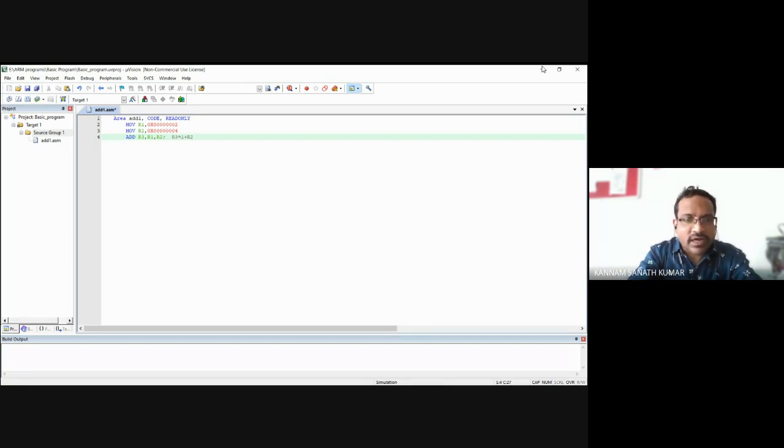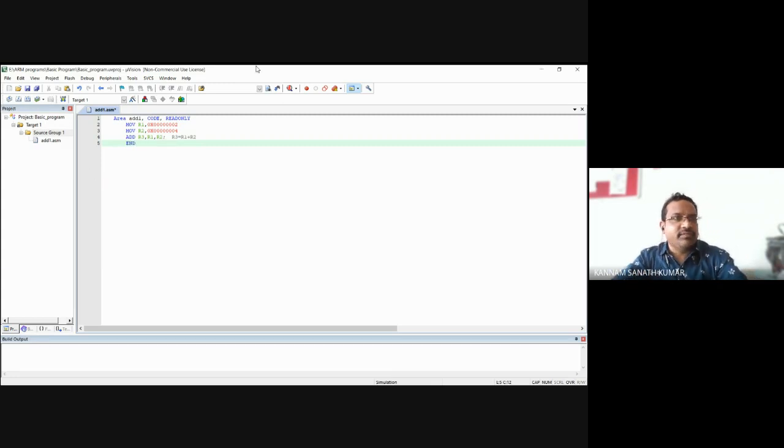R3 equals R1 plus R2, and END. I have written the simple program. Next, you have to build the target.